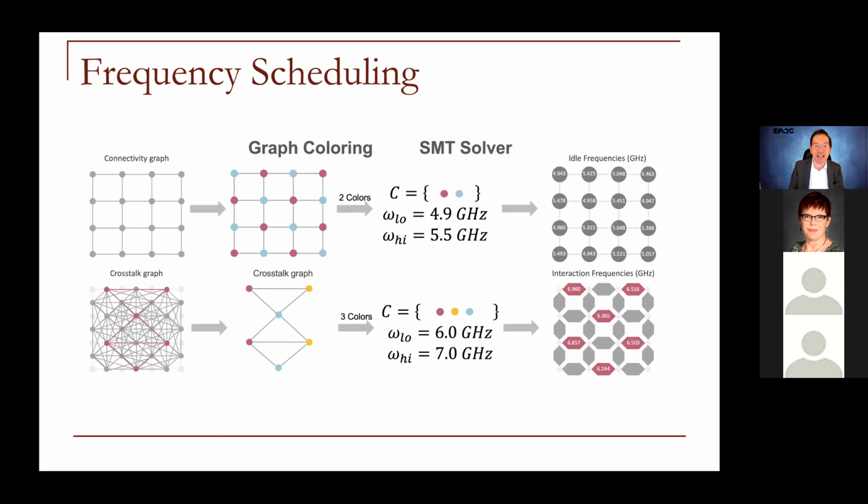Now we do this on an application basis and a time step basis, right? So for each application and for any given time, all the gates that can be in parallel, we create a small crosstalk graph and we color that one. So essentially we're always working with relatively small graphs per time step.